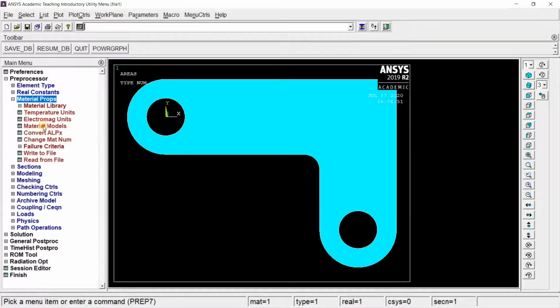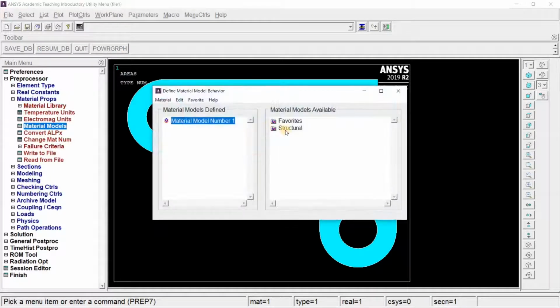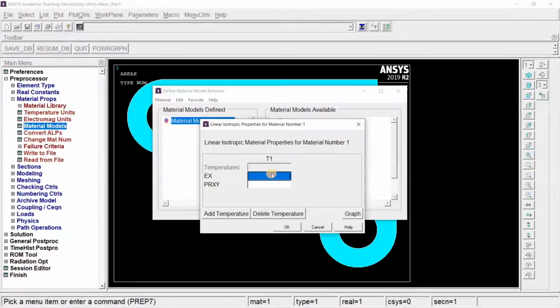Then we must select the material properties. For material properties, we must go to material model, structural, linear, elastic, isotropic. We must enter the Young's modulus here, that is 3 into 10 power 6. For that we can give 3e6. The Poisson's ratio is 0.29.